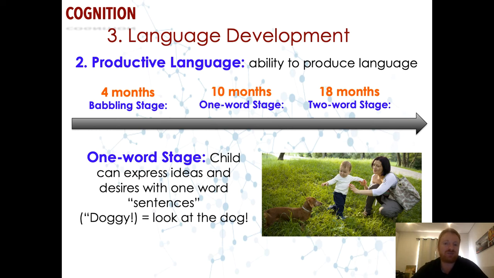They can express more meaning in the way that they say that one word. So, for example, a child who's learning to speak might say, doggy, and point to the doggy. And they're obviously sort of saying, look at the dog, mom. So they understand this idea of communication, even though they're not able to put together a grammar of, hey, look at the mom, look at the dog.